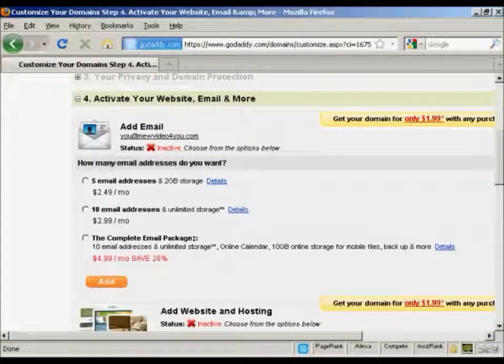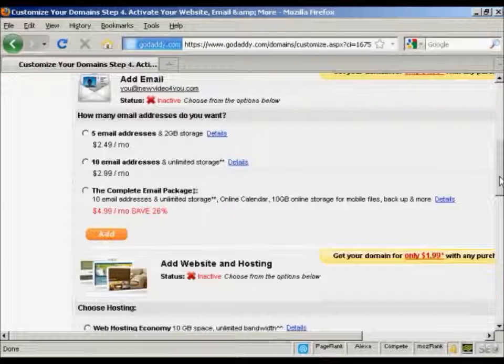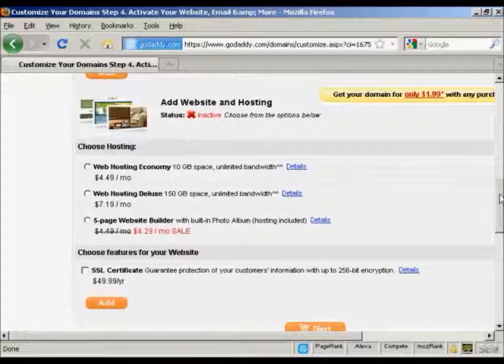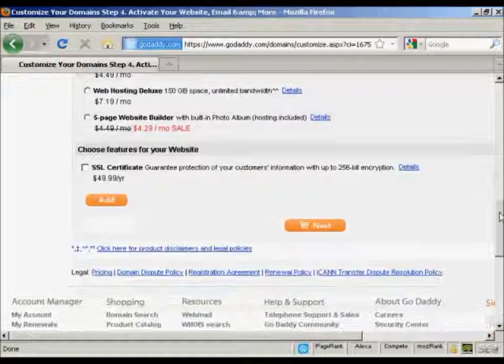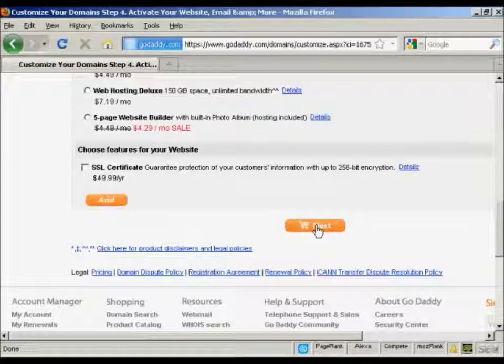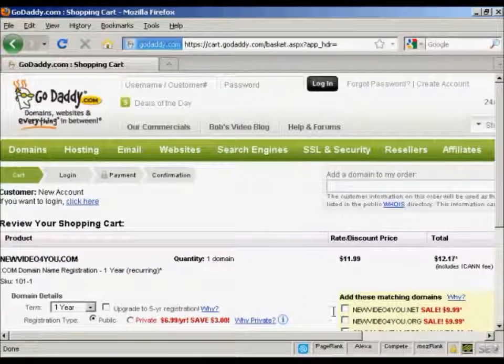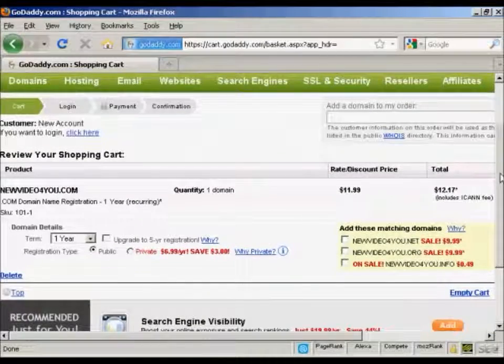You can also add email addresses. This is if you're not going to have a hosting company. You can actually use this just for email if you want. I don't want that. And you can also host it here at GoDaddy if you would like to do that as well. I'm not going to do that, so what I'm now going to do is go to the checkout. So click on Next, and it gives me all the details again,